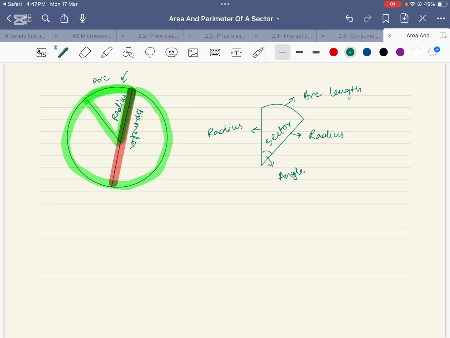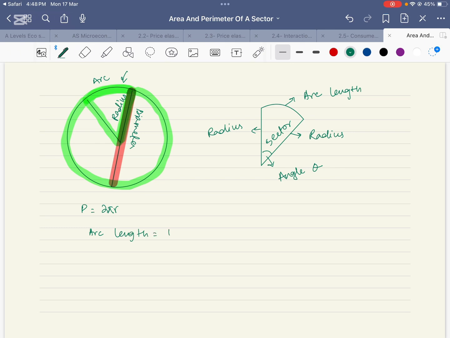As I said, the sector will have an angle, let's say this angle is theta. So the circumference itself is 2 pi r, and this is a portion of the circle. That is why we will say arc length